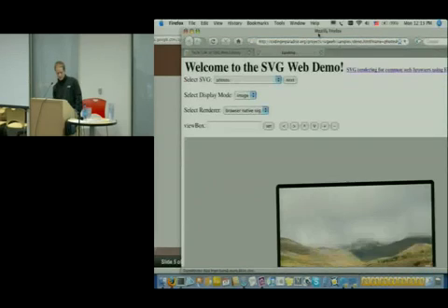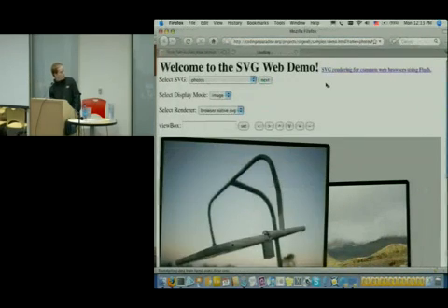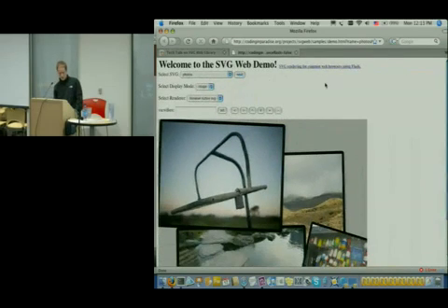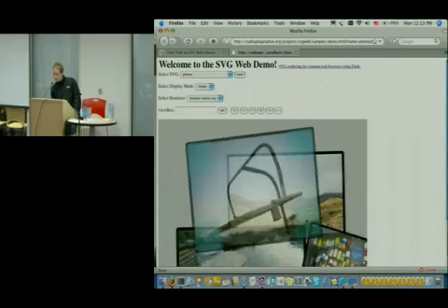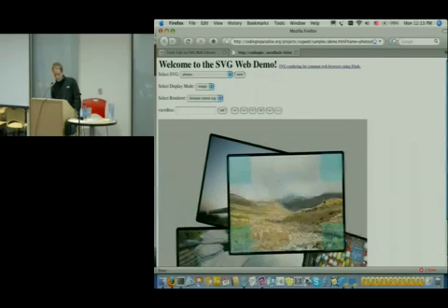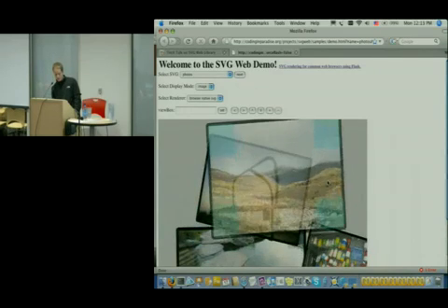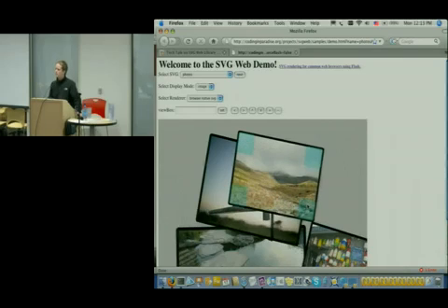this is Firefox, and this is the native Firefox support. What we see here is just standard SVG. We've got some images from Flickr. We can interact with them, scale them. If you were to crack this open, you'd see JavaScript that looks and feels like the JavaScript you write for an HTML page.